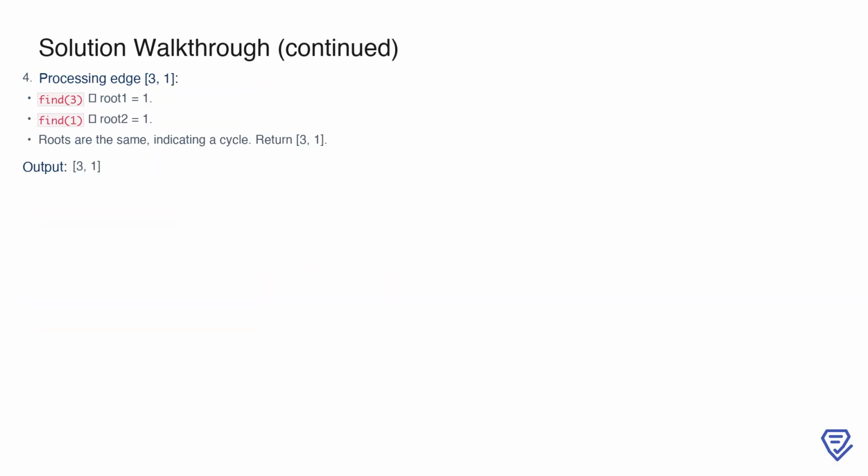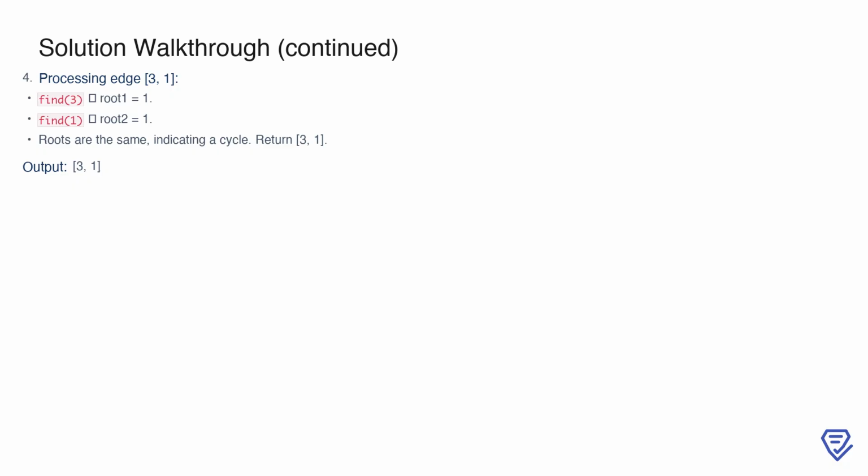Finally, we process edge 3, 1. The root of node 3 is 1, and the root of node 1 is also 1. Since they share the same root, adding this edge would create a cycle. Thus, we return 3, 1 as the redundant connection. This concludes our exploration of this example, demonstrating how the union-find algorithm efficiently identifies cycles in graphs by managing parent